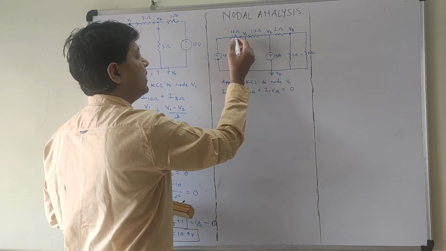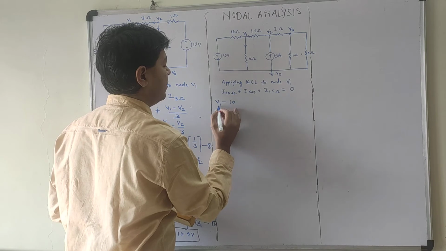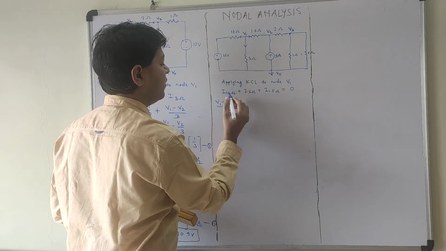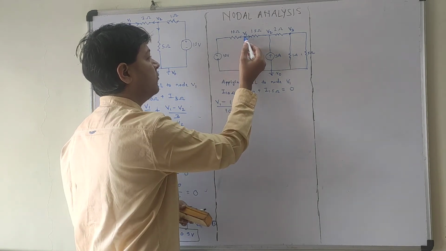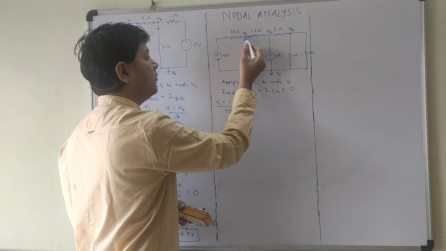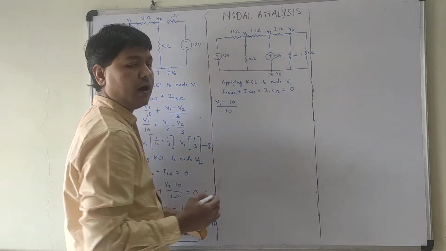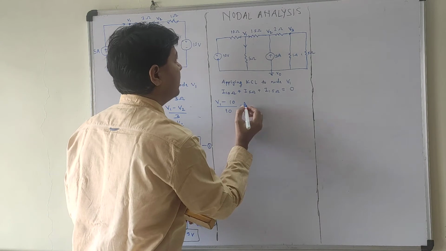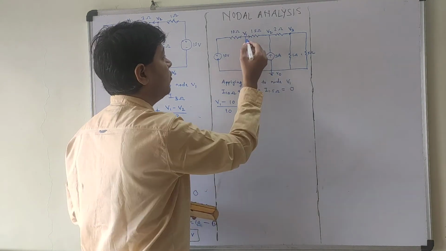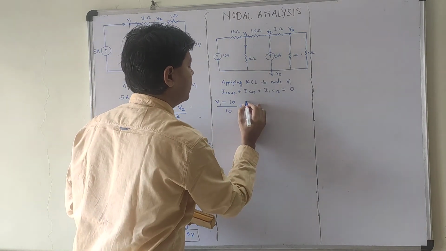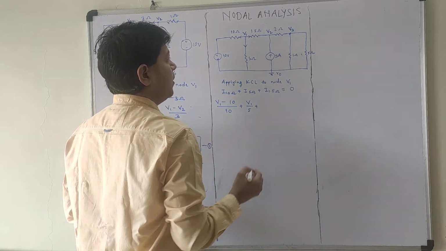I 10 ohm is given by (V1 minus 10) divided by 10, because I is equal to V upon R and V is the potential difference. Current is flowing from this source to this, from higher potential to lower potential, so that is (V1 minus 10) upon R, where the value of the resistor is 10 ohm, plus (V1 minus V0), where the value of V0 is 0, that is why V1 upon 5. So V1 upon 5 plus, what will happen here?